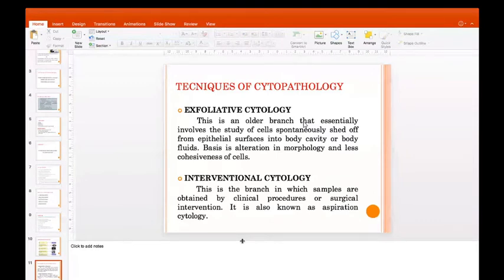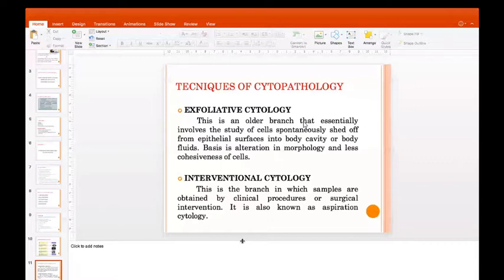As the name suggests, it is also known as aspiration cytology. Normally also we are shedding cells every day, so whatever cells are shed off from the epithelium, it's the older branch, exfoliative cytology. Nowadays we are saying that exfoliative cytology is an obsolete procedure, but interventional cytology is still preferred.